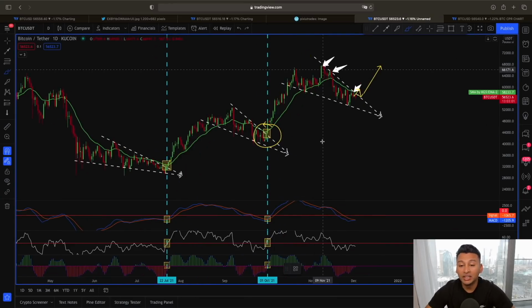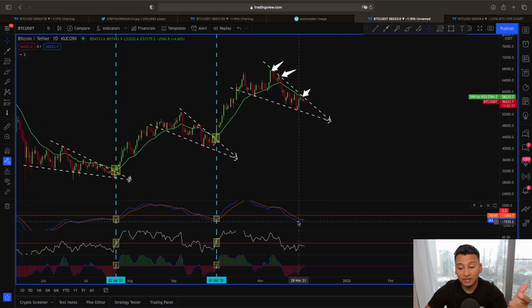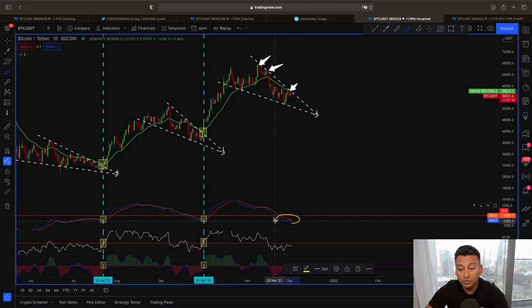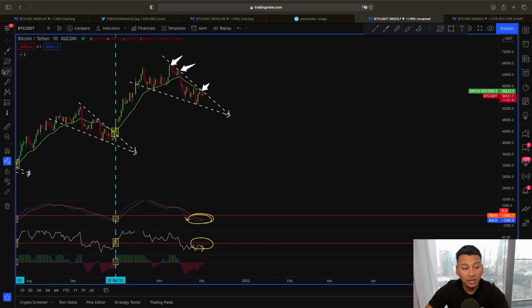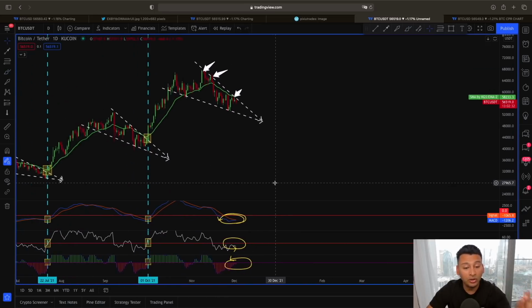So that's why right now we are also waiting for the confirmation from this MACD, RSI and T3 CCI indicator. MACD looks very interesting. You can see maybe today, tomorrow, we could be forming this bullish MACD cross. Also RSI line could be jumping above 50 level, and the T3 CCI you can see is already approaching towards this positive territory. So that's why guys, we want a proper confirmation also from this indicator